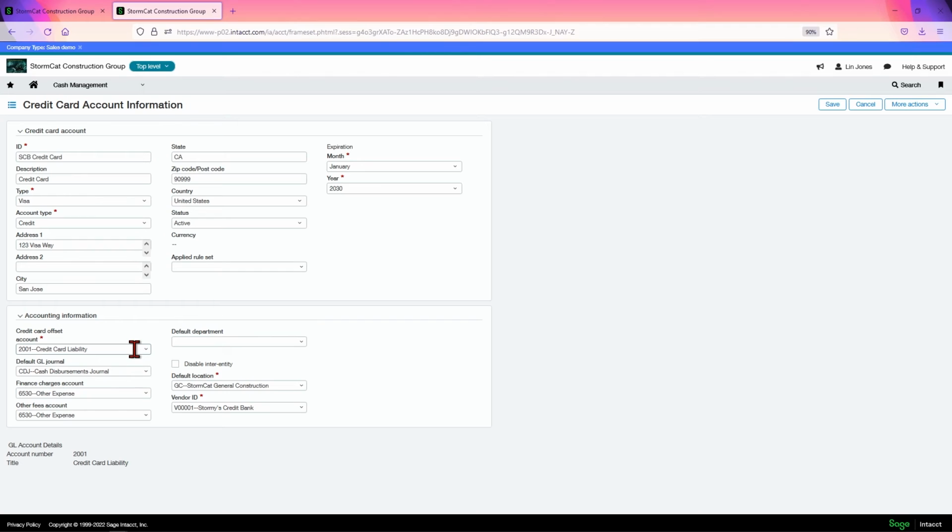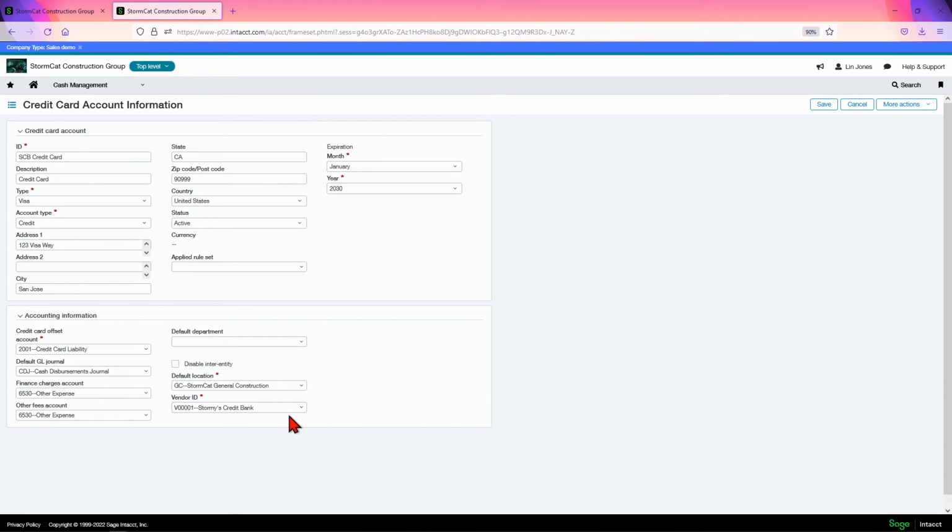So that might factor in as to whether you want to use this card as something you can reconcile against or as something that you just want to pay off in a lump sum each month, or however you pay it off. You'll need to determine its journal. Well, you need to pick a journal, pick your finance charge GL account, and fees GL account. If everything goes to your liability account, don't worry about this, or just set it to that, or don't worry about it at all. You can disable enter any transactions. You have to choose a location.